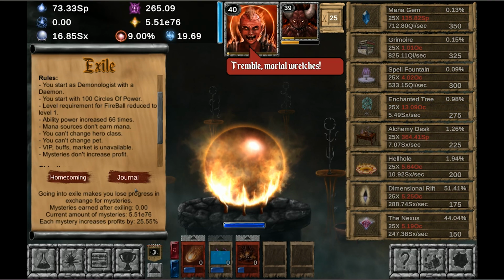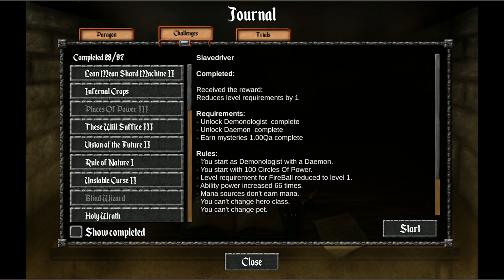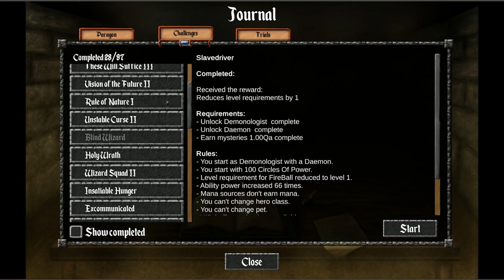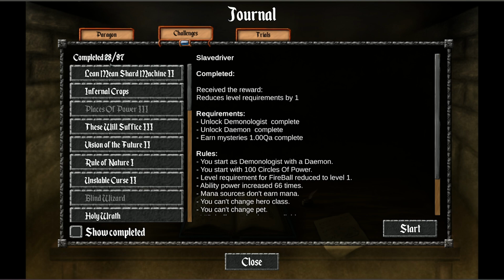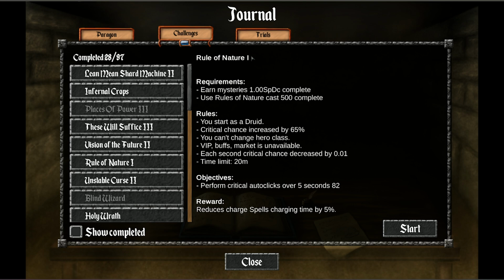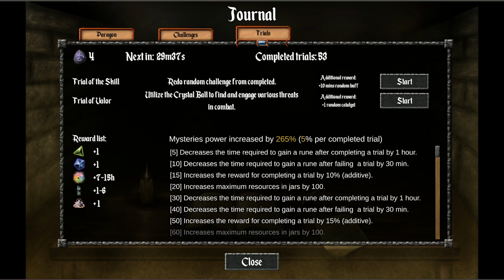What I recommend you to do is try to do as many of the challenges as you can straight away when you unlock them. Well, you need to do 12 challenges for level 3 to unlock the trials, but I recommend doing more than 12. Actually, you don't really need to. So I have done 28 so far. I should do some of the other ones as well. But 28 so far, and